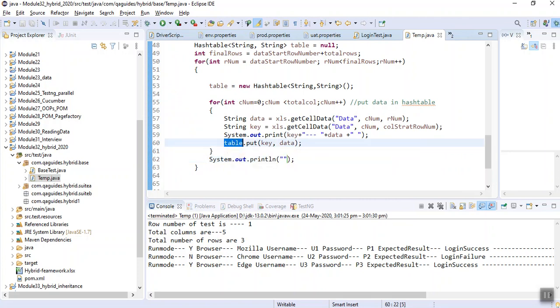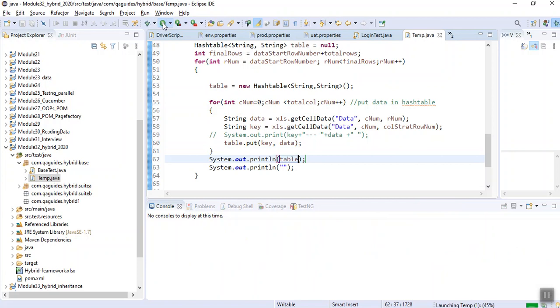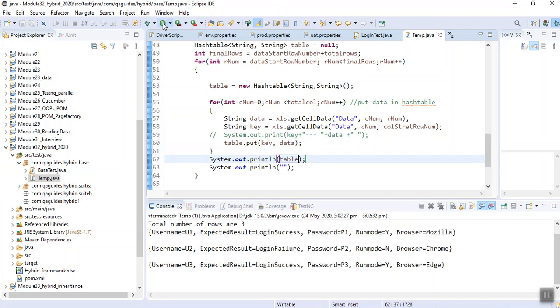Now if I comment this out and print the table with SYSO, and run it, see how lovely it shows the things. It printed the complete hash table.